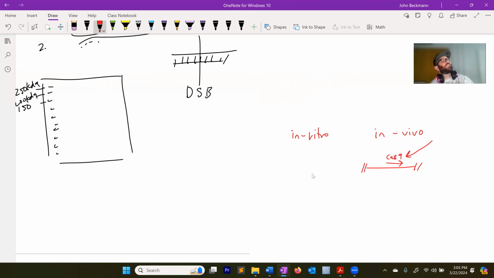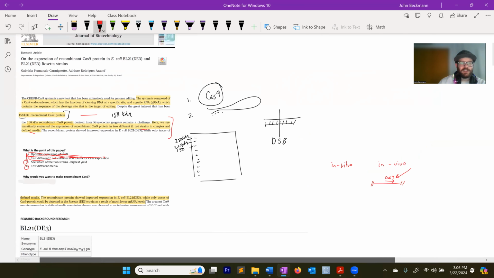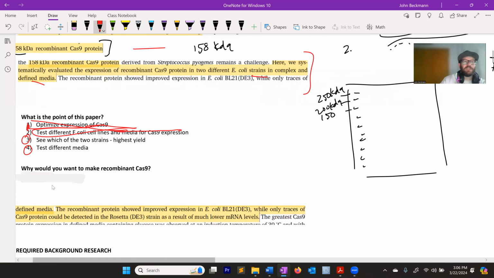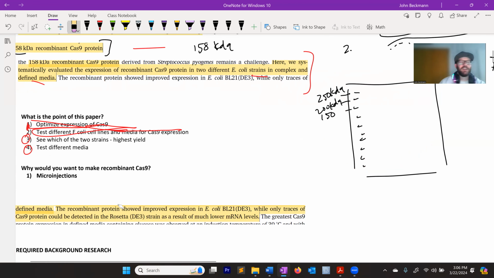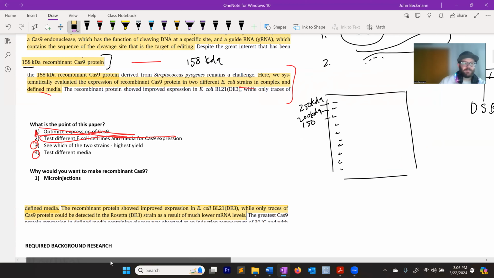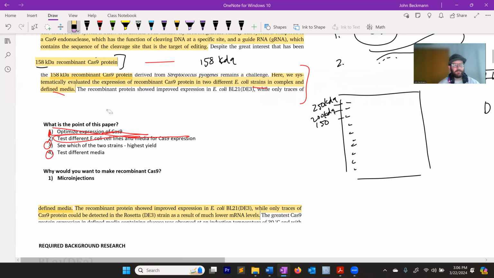Yeah, for what purpose? Yes, microinjections. Okay, that's essentially why you would do this. So why would we do this? Big reveal: microinjections. Okay, so this is going to be used if you're harvesting embryos of, say, zebrafish, or